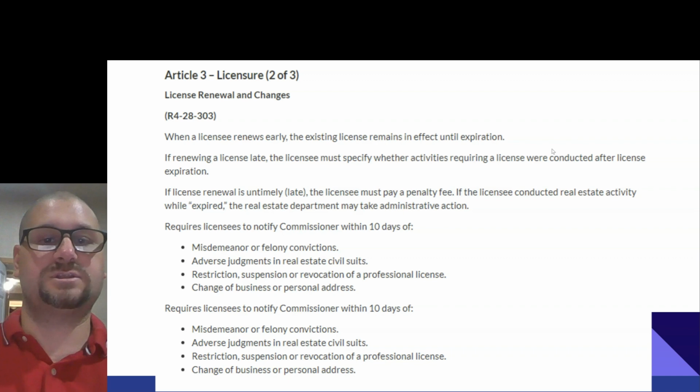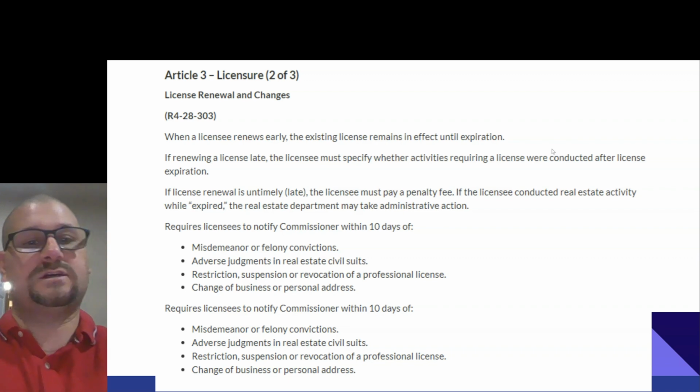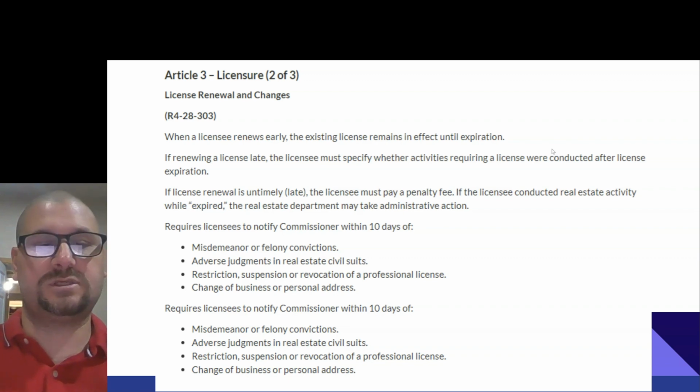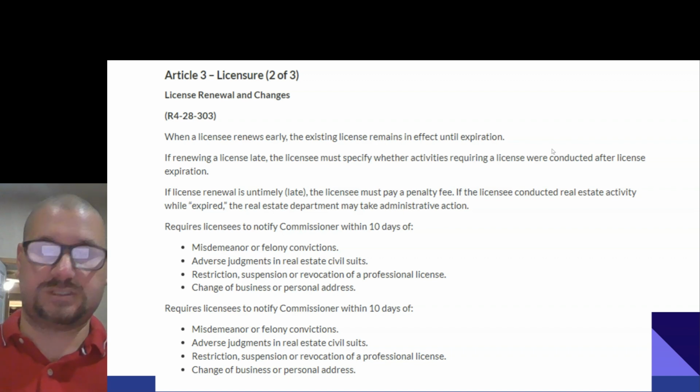Requires licensees to notify the commissioner within 10 days of misdemeanor or felony convictions, adverse judgments in real estate civil suits, restriction, suspension, or revocation of a professional license, change of business or personal address.